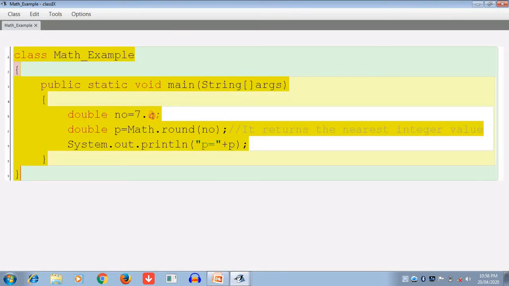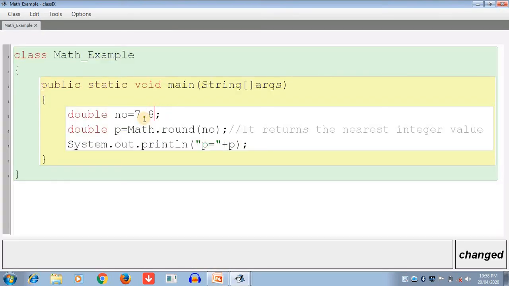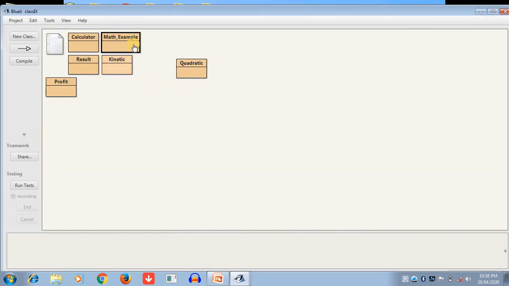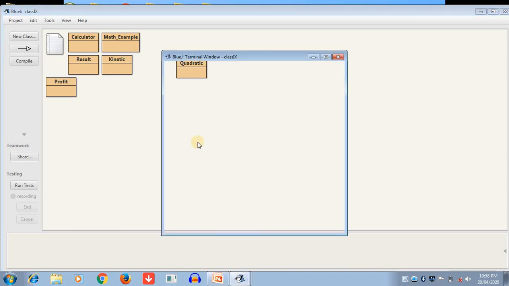If you write here 7.5, what will be the nearest number? Just change the value here to 7.8. Automatically, 7.8 is more than 50% of the way up, so the next integer value will be 8.0.